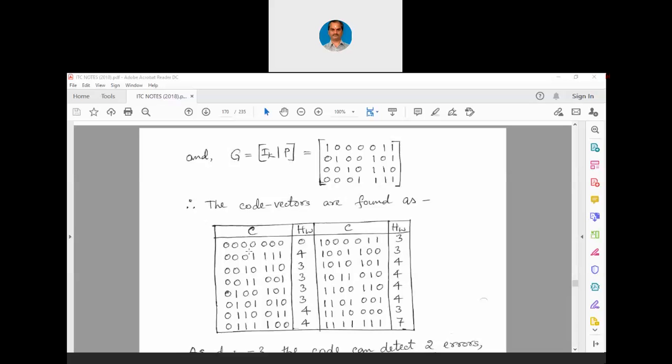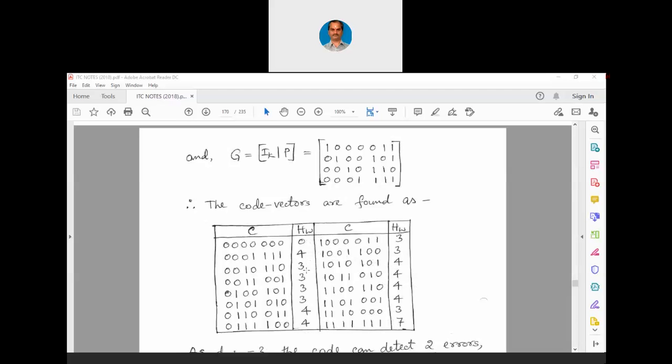And our N was 7. So, for the very first 0 0 0 0, obviously the code vector is 0 0 0 0 0 0 0. Later on, I have written from 0 0 0 1 till 1 1 1 1, all the code vectors. You can see the Hamming weight here. For each of the code vectors there is a Hamming weight written, but the minimum Hamming